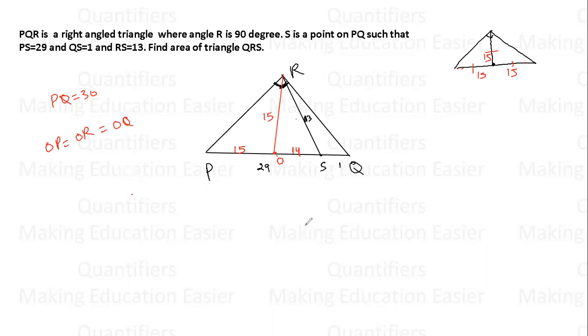Now students, just focus on this triangle. See, we need to find area of triangle QRS. But now you can see we know the sides of triangle ORS. Sides of ORS is 13, 14, and 15. So can I say area of this triangle will definitely be 84? Right? ये हमने beginning में discuss किया था. Area of triangle 13, 14, 15 is always 84.